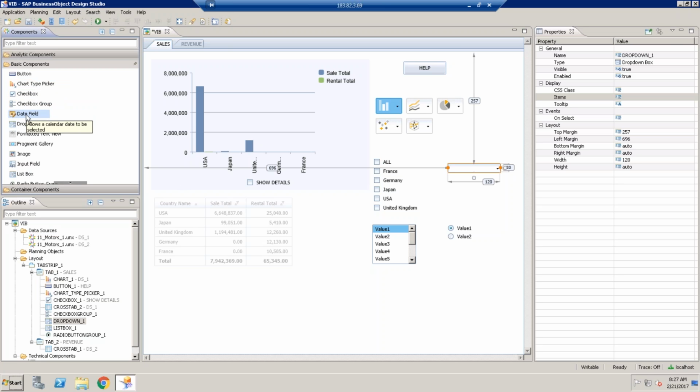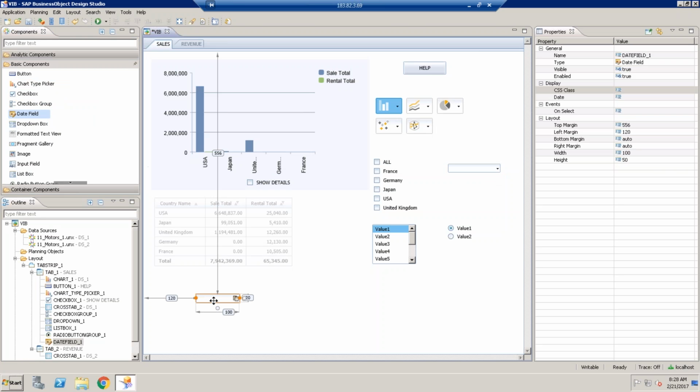Then this date field, actually it involves a little bit more complex scripting, so I will just give you a brief idea what it does. When you want your user to select some value or some date, and based upon the date you want to perform some action, let's say that depending upon whatever date he selects, you want that year's data. So if we select today's date, obviously the year is 2017. If we select last year's date,